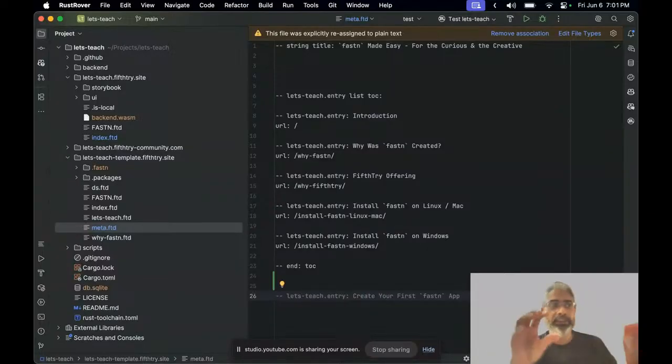store the data in the FTD file only, right? You don't have to store things in a database. But the data you store in the FTD files is static data that only changes when the file changes. So how do we handle use cases like marking the page as new, or having some fields about that particular blog post, like how many likes it has gotten? That's very dynamic data,